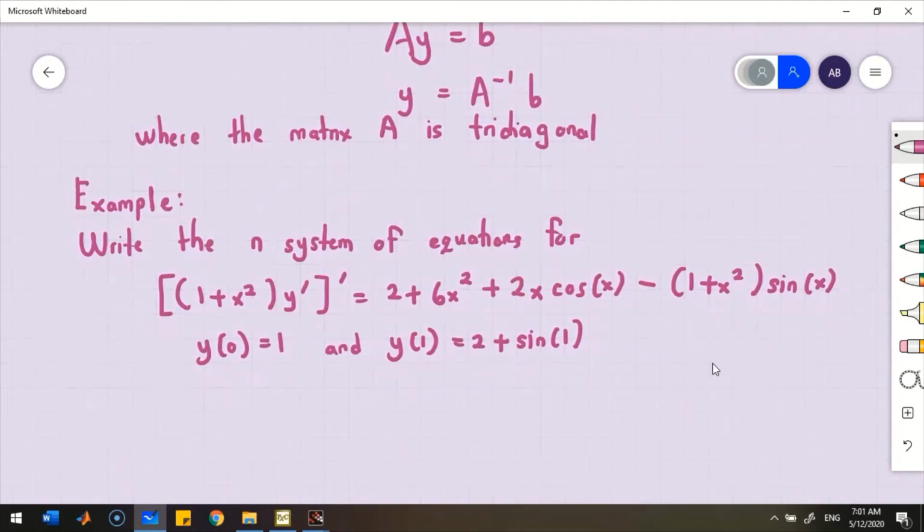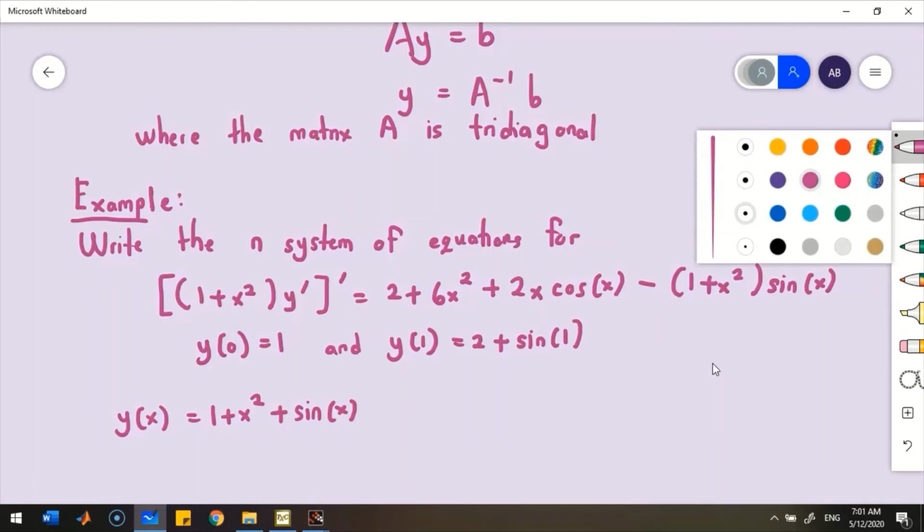Okay, the exact solution y(x) is given as 1 plus x squared plus sine x. Okay, so this one example here, we want to write it in the form of a matrix that I have explained earlier on. Okay, so the first step to do